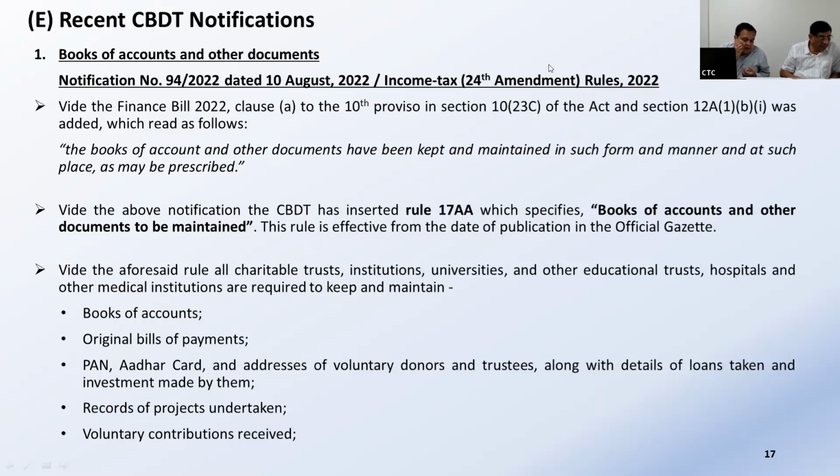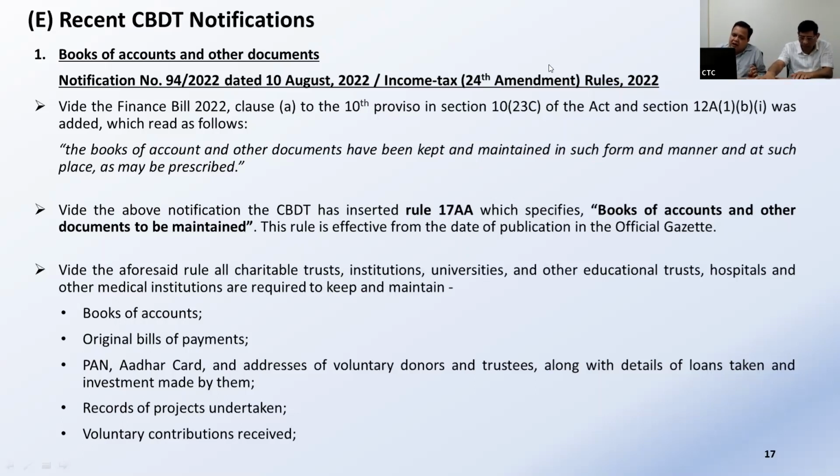In case of immovable property, details such as nature, address of the properties, cost of acquisition of the assets, registration documents of the asset, transfer of such properties, and the net consideration utilized in acquiring the new capital asset. In case of movable properties, details of nature and cost of acquisition of the asset. Besides this, there are many other documents and information which are to be kept by the trust. Practically all the documents are to be maintained. And again, this is an inclusive list, not an exhaustive list.